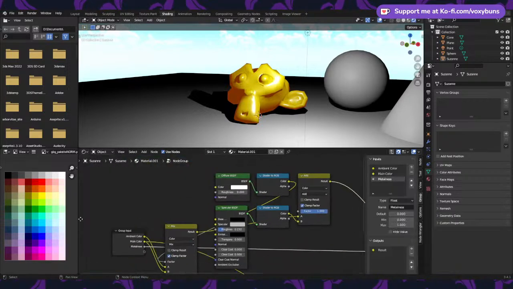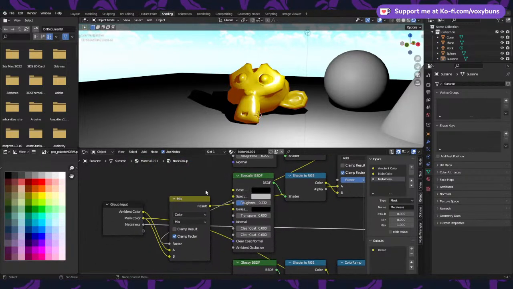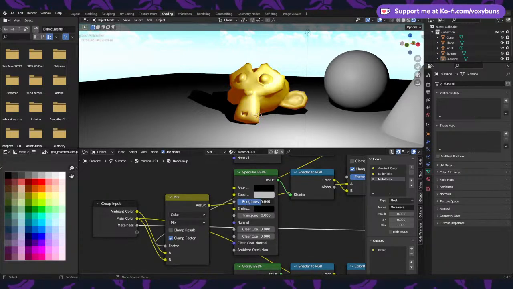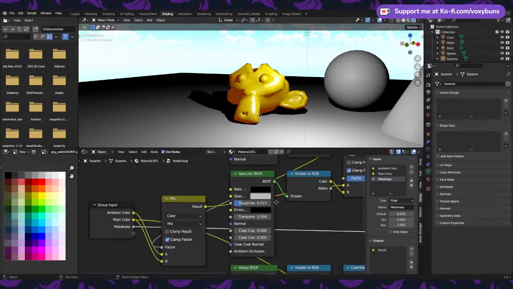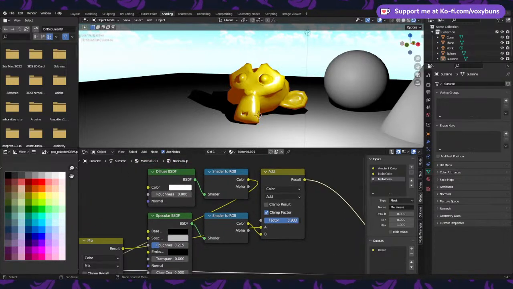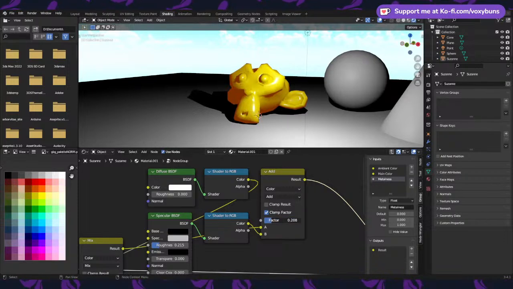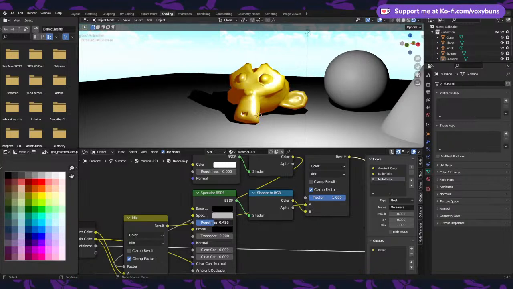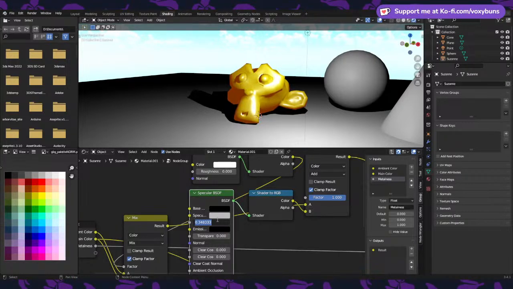That's going to be my next step, because I do have a roughness setting here. And I can also adjust the amount of specularity using this. So what I'm thinking is I'm probably going to set the roughness to something like